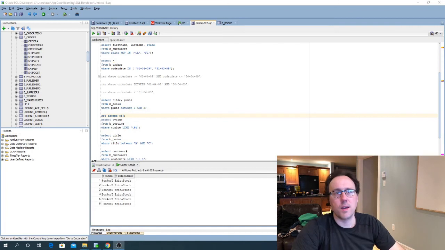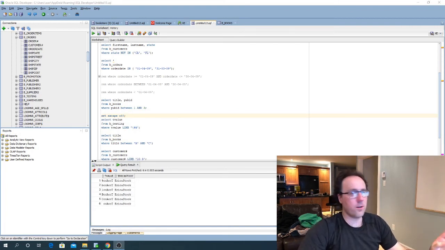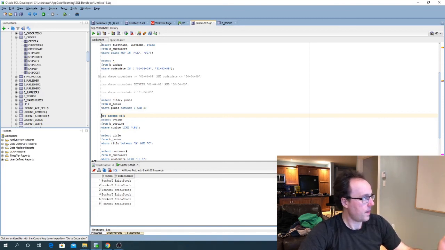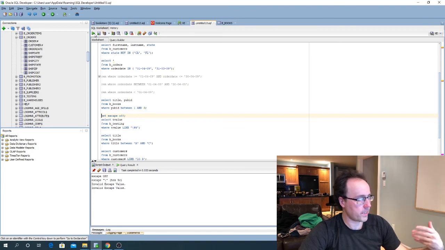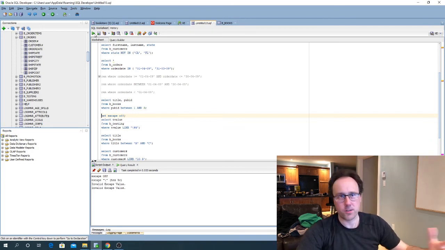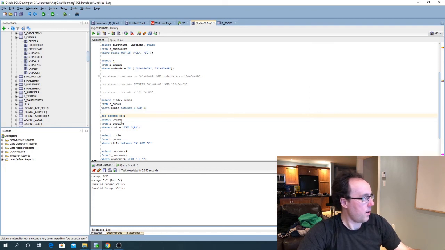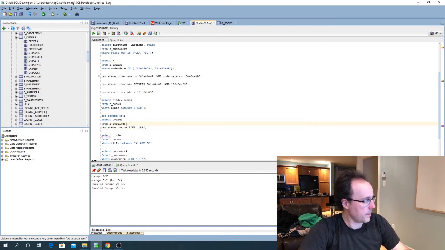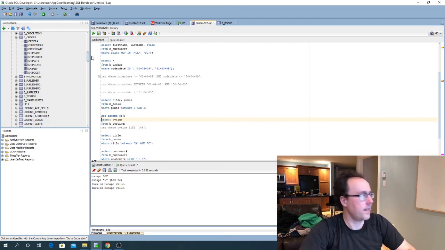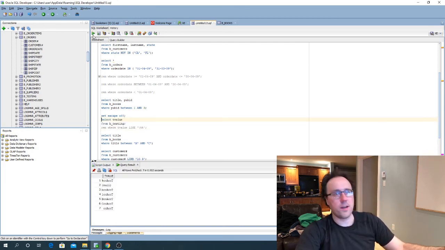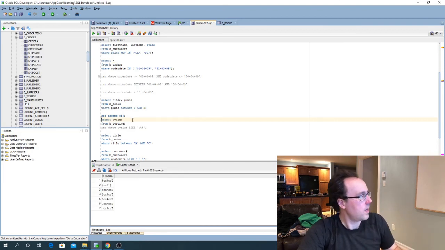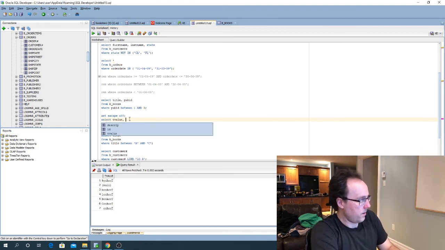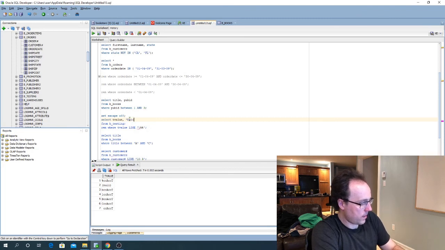Okay, so let's do a quick rundown here of the escape character. When I say set escape off, that basically turns off the escape character, so there's no default escape character. Now let's just do a really simple example. I'm going to select everything from the testing table. I'll run this. You can see those are the t-value columns. Now I'll put a comma here, and I'm going to put in a string. So I'm going to say Eric